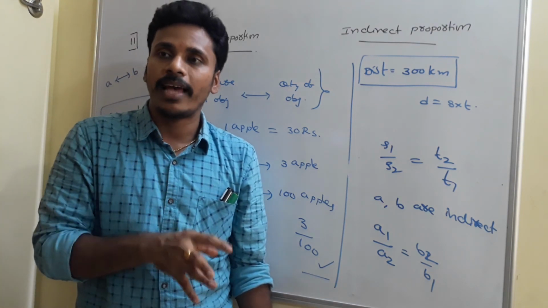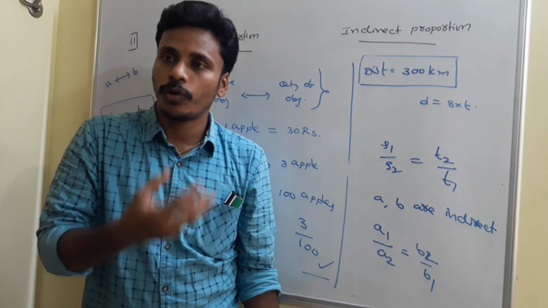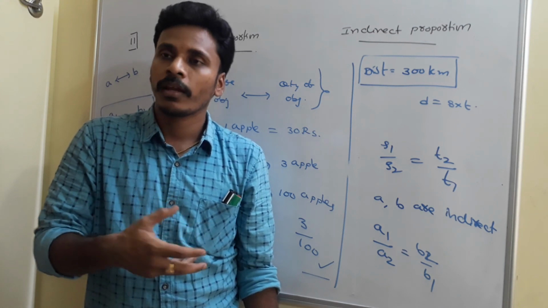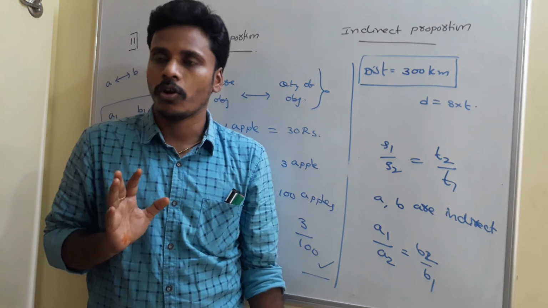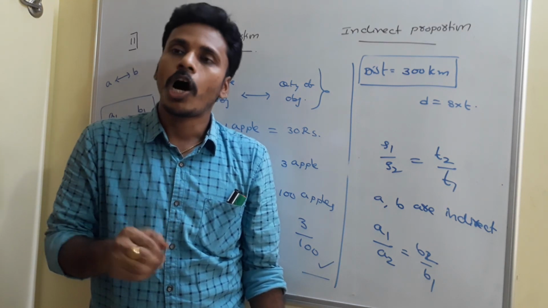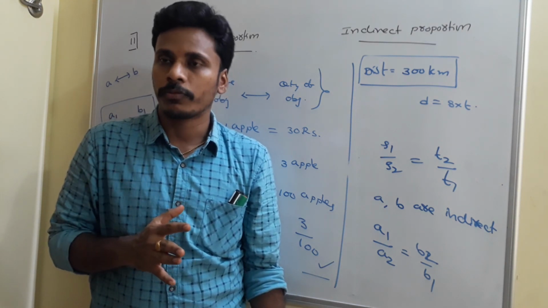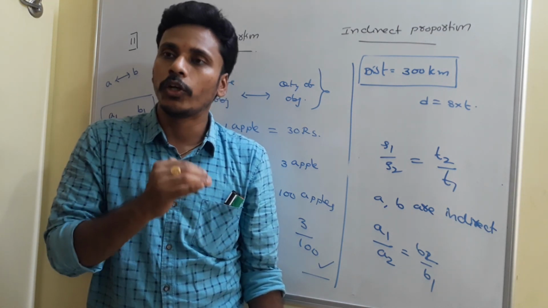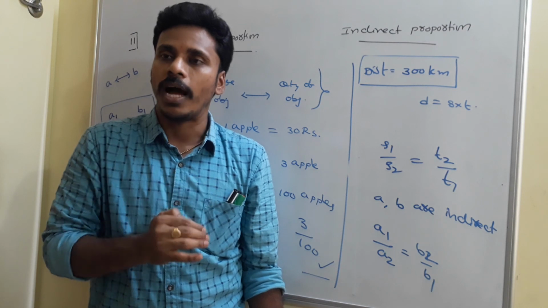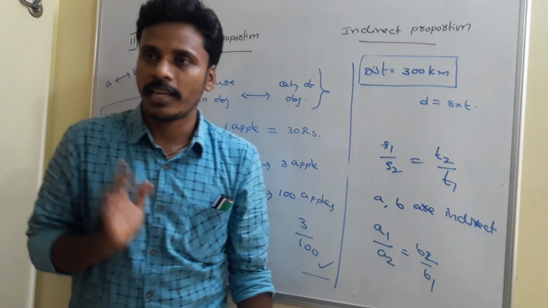When coming to the examples, by analyzing the given situation, we are able to solve the problem without using this concept also. Just by using the unitary method, we can solve the problems. But as a concept, after this proportion, you need to know direct proportion and indirect proportion. Just have a look at the board.